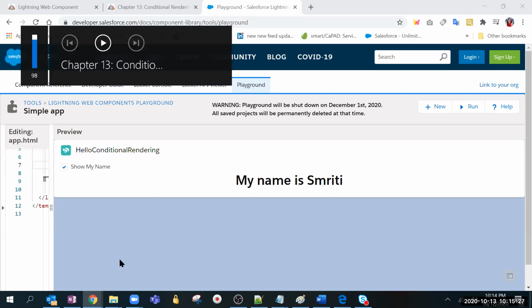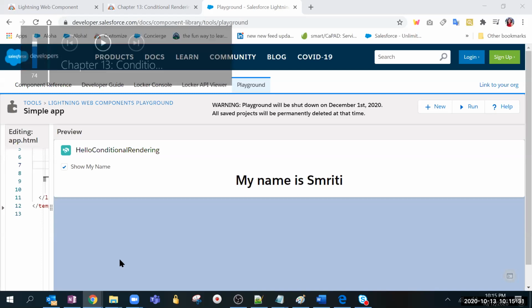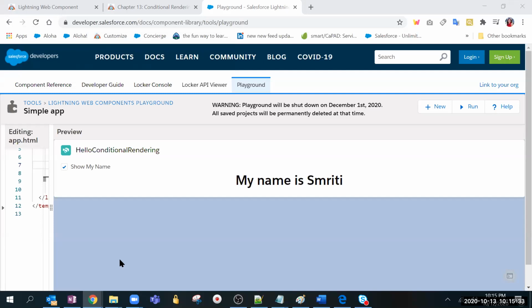Otherwise we have to go to the org and add it as a web component in pages, app, home, or record page, and then we can see. To avoid all that, if we set up the local development server, we can preview then and there without connecting to the org. Is that the purpose of the development server?